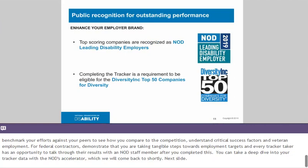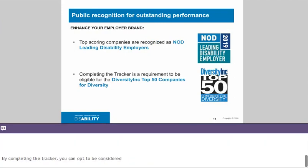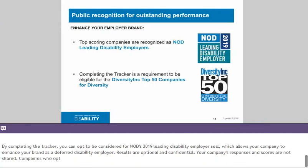What's more, by completing the tracker, you can opt to be considered for NOD's 2019 Leading Disability Employer Seal, which allows your company to enhance your brand in the broad marketplace as a preferred disability employer. Consideration for the seal is optional and confidential. Your company's specific responses and scores are not shared. Companies who opt in for consideration but don't earn the seal will not be shared, so there's no downside to